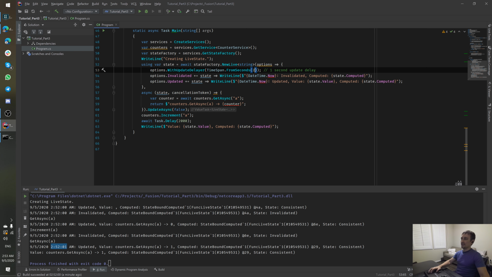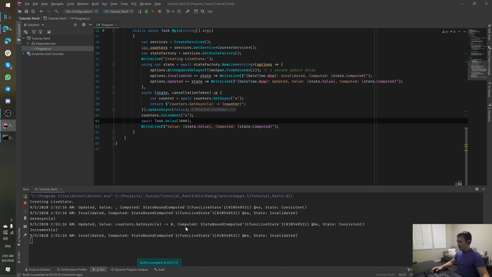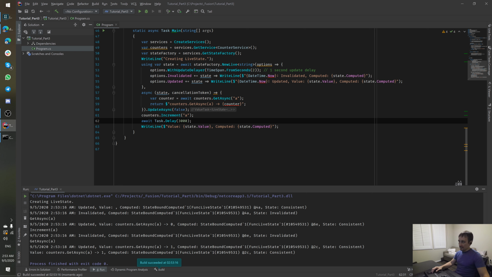If you put 2 seconds here, let's extend it a little bit. So 16, 18, a 2 second delay. So that's what the update delayer does. And typically, you don't want to update the state immediately. The only case where you want to update the state immediately, let me clarify,